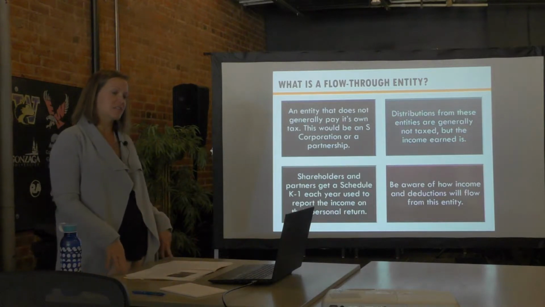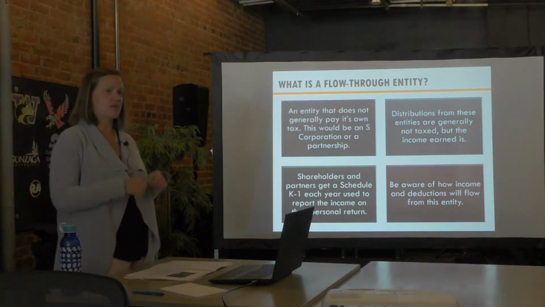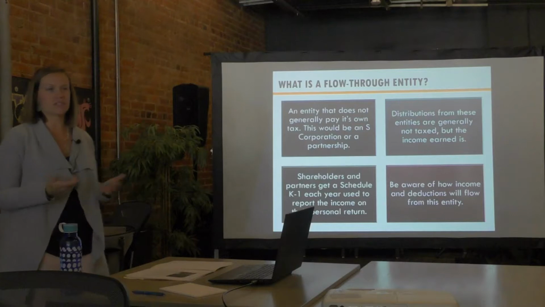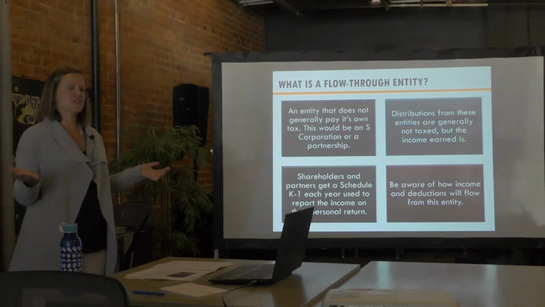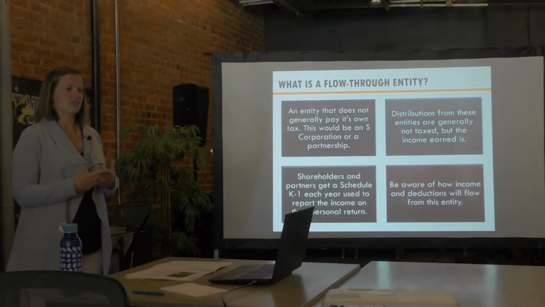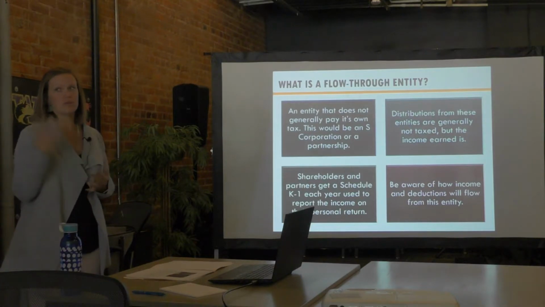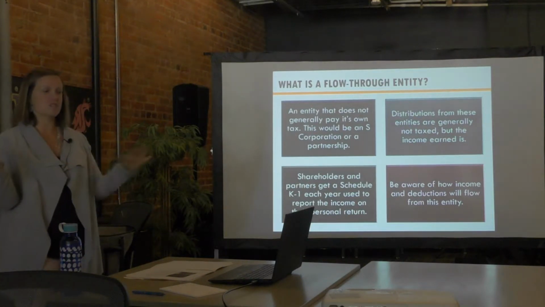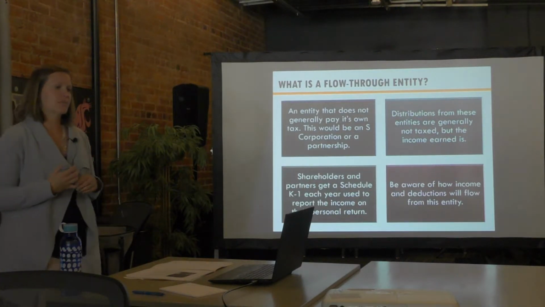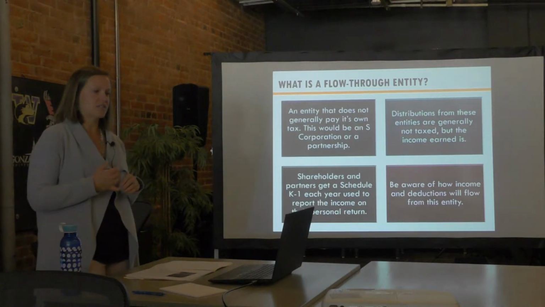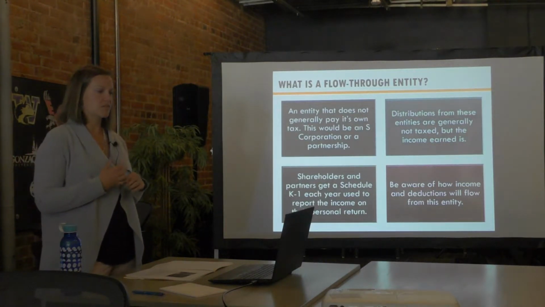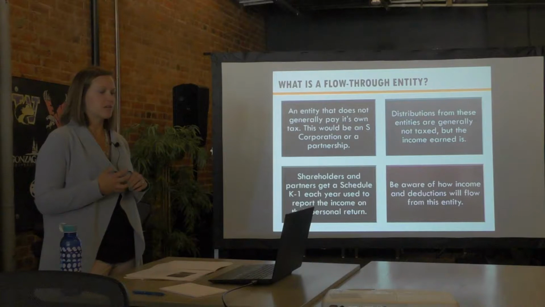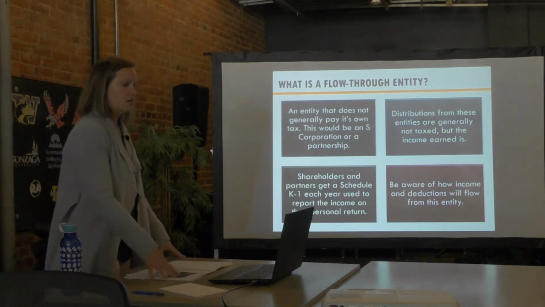But I do like to see that people, if they make money, at least pay the owners enough to pay the taxes, because obviously the entity doesn't pay taxes. So making sure that the owners have enough to cover what they're due. So maybe on $100,000, that's 20%, so that's $20,000 that gets paid out. That doesn't always happen, but it makes things a lot smoother for the owners to not have to come up with money to pay the tax on the entity level.